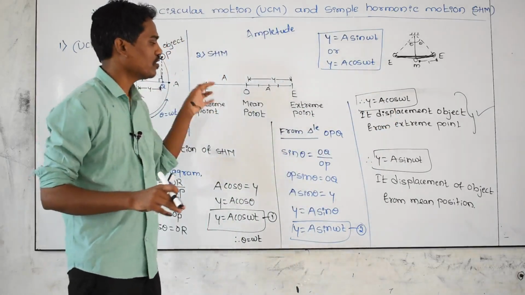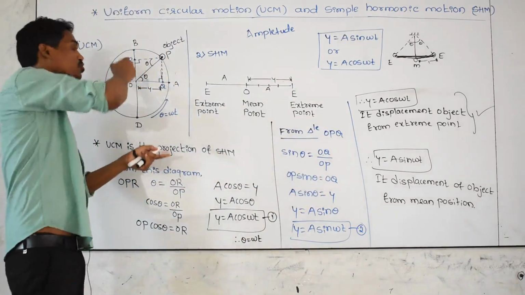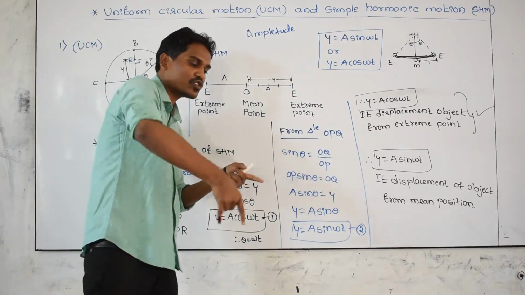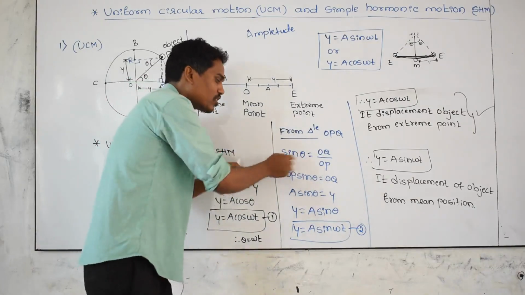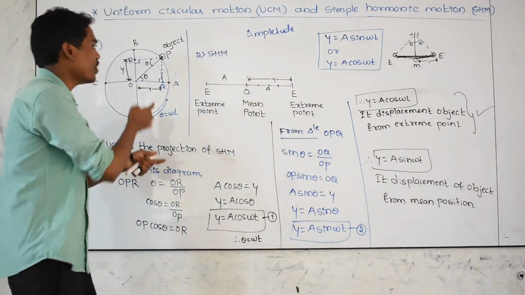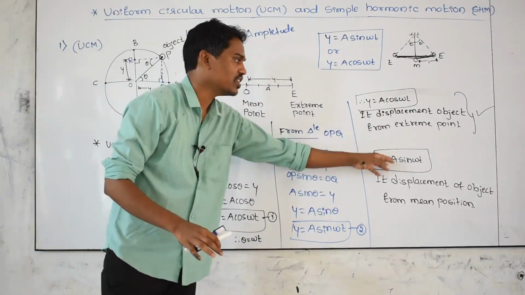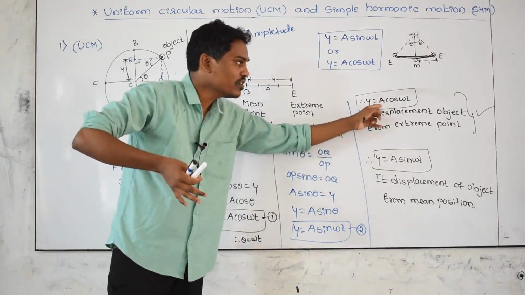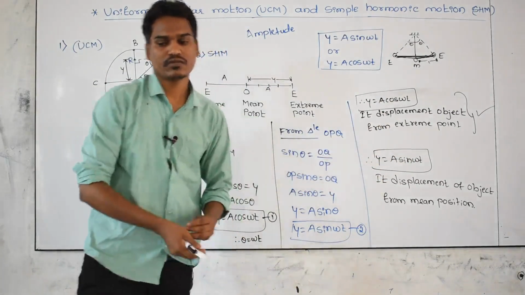This derivation of simple harmonic motion I derived with the help of circular motion. Why? Because whenever an object is in circular motion, see its shadow on the wall, it looks like a straight line. Here it is a circular motion, but on the wall, in the shadow, it is simple harmonic motion. That is the reason I took the help of circular motion. I have derived this equation, and please remember these two formulas for numericals. And when we are going to use this one and when we are going to use this one, please remember these formulas and note them down.